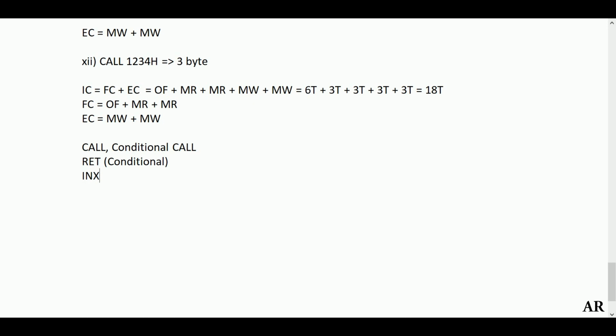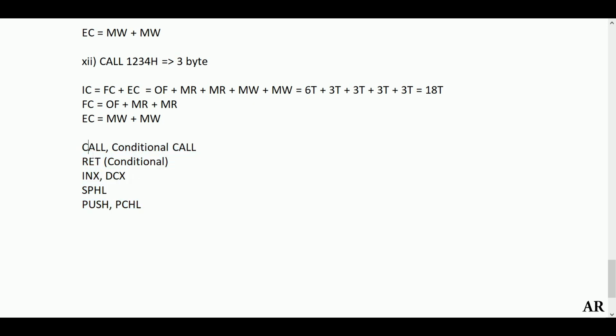So if I say INX D, it means the content of the D and E register pair is getting incremented as a whole. So INX and DCX, followed by SPHL. So here the content of HL is sent to your SP. And next you have the push instruction as well as PCHL. So the content of HL is sent to your program counter. So these are the only instructions which take opcode fetch as 6 T states.